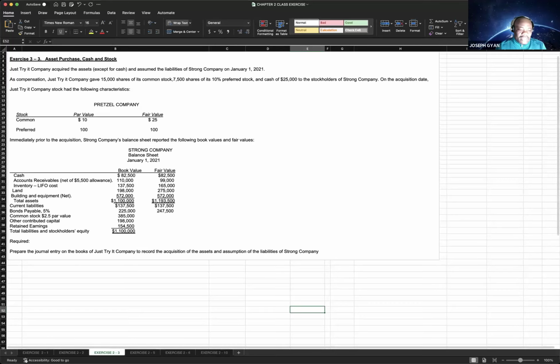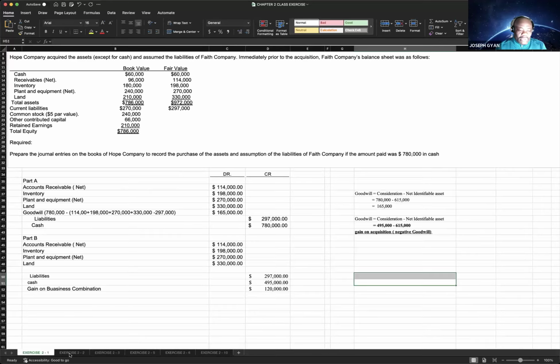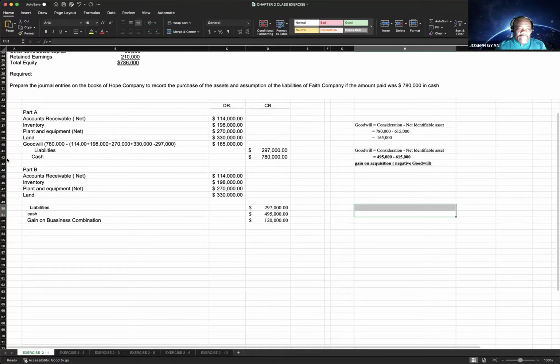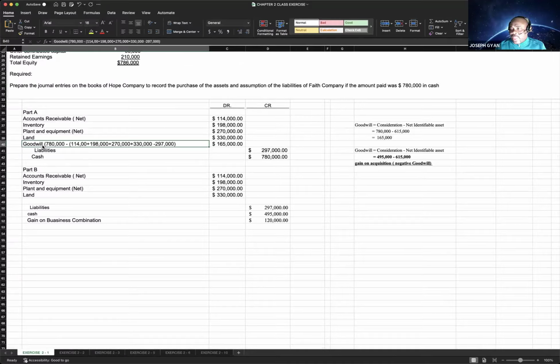We did exercise 2-1. We also did 2-2. We completed 2-2, part A. We get a goodwill because we pay more than the value of the company. On the B part, we get a gain on the business because we pay less than the value of the